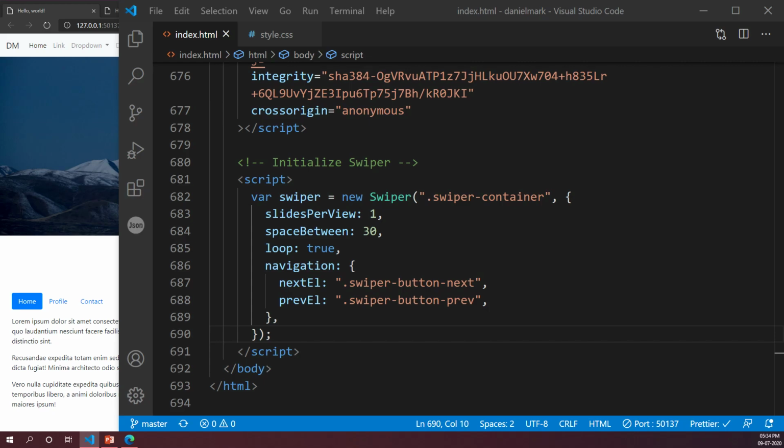Copy till that div, okay? Yeah, correct. Just cut that. Paste it inside your container.